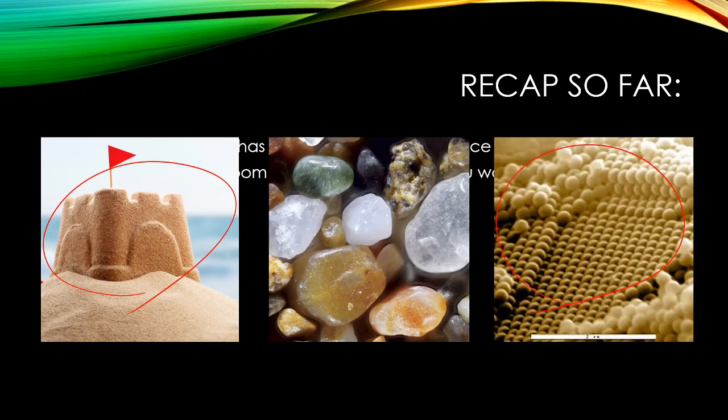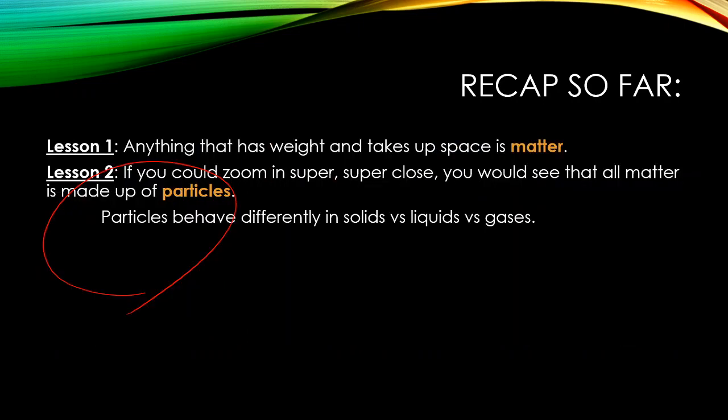And this is a picture taken with an electron microscope. That's a super powerful kind of microscope of all these tiny little particles that make up something like a grain of sand. They're way, way, way too small for you to ever see with your eye, but they make up everything that's around us. In lesson 2, we also learned that particles behave differently